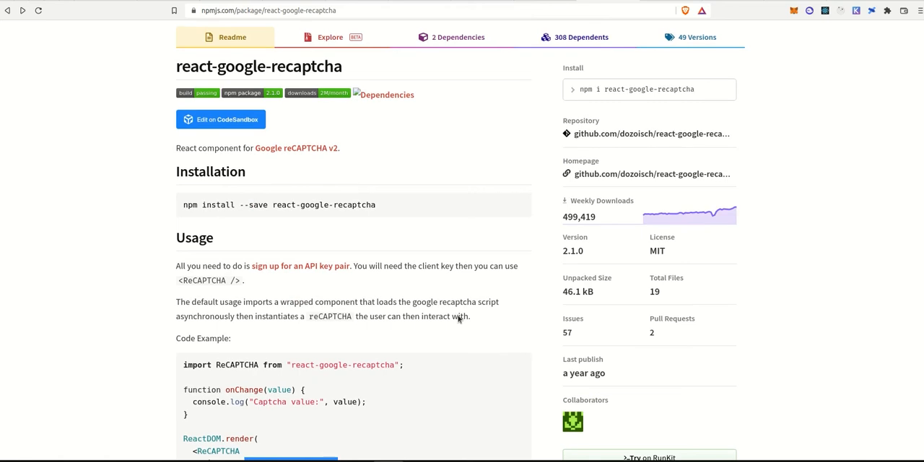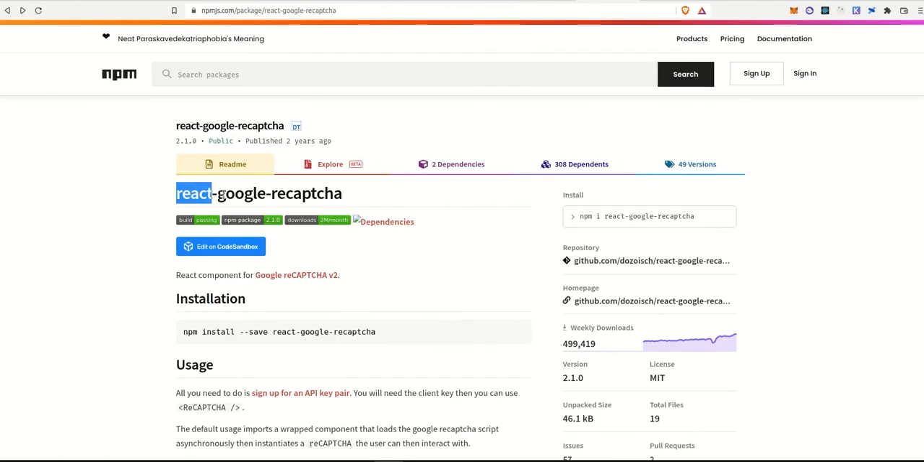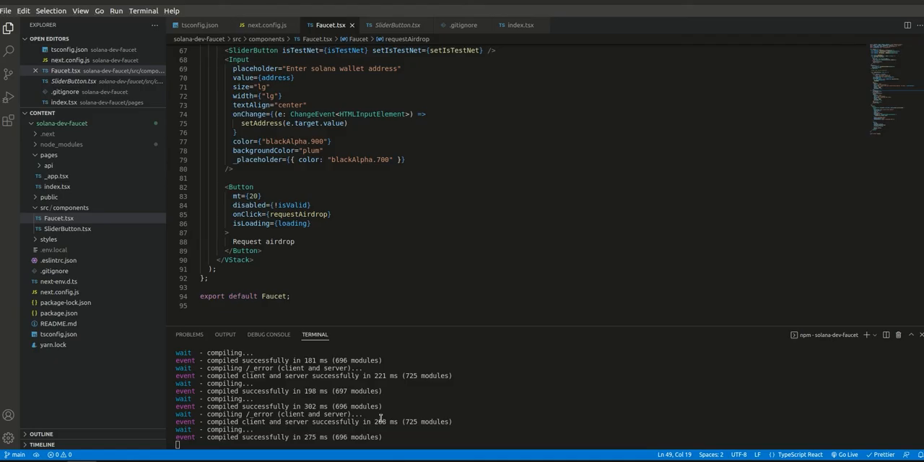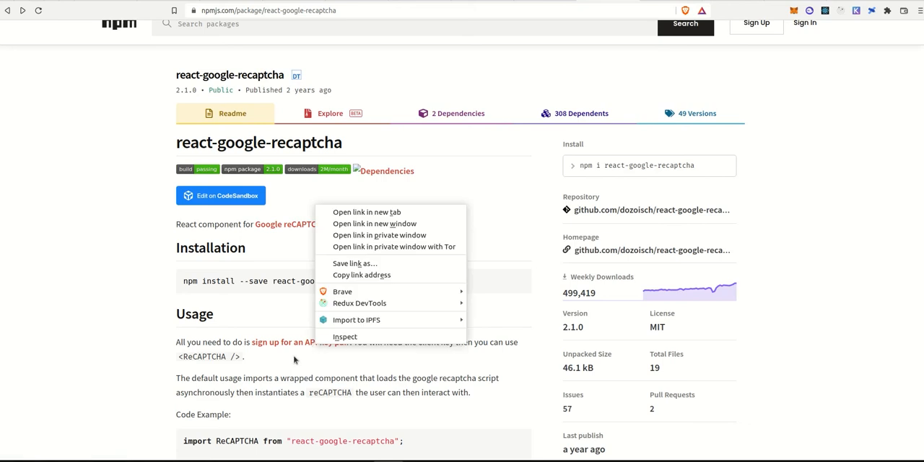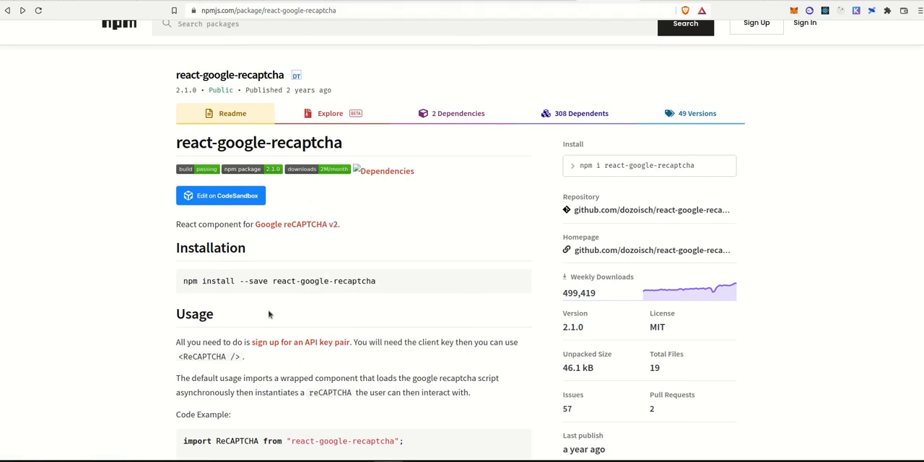Alright, so for captcha we're going to use a package called react-google-recaptcha. Thank God for open source contributors or whoever built this, God bless. And yeah, you have to install it using npm. Already done that, it's already there, so just install it. And next thing you have to do is go to the site and sign up for an API key pair. Click on that